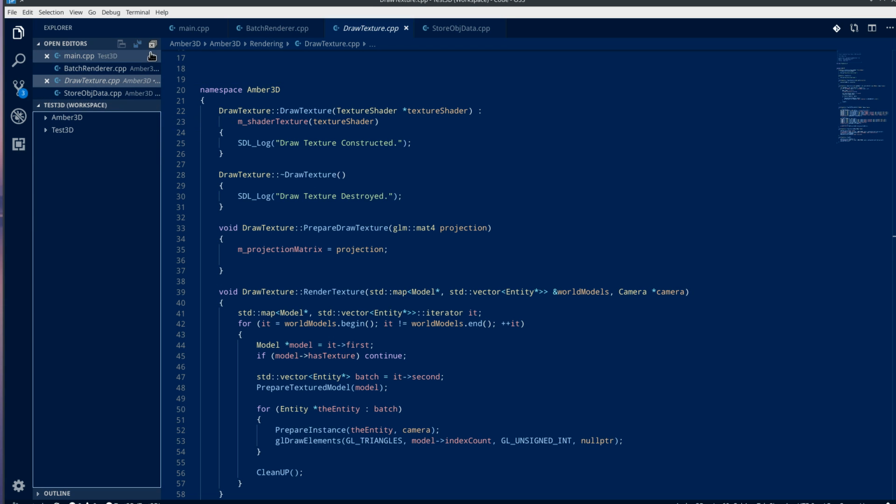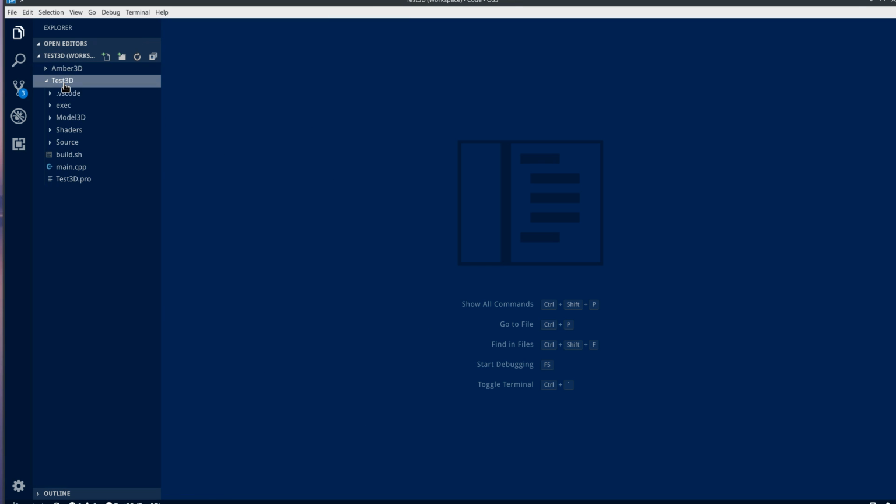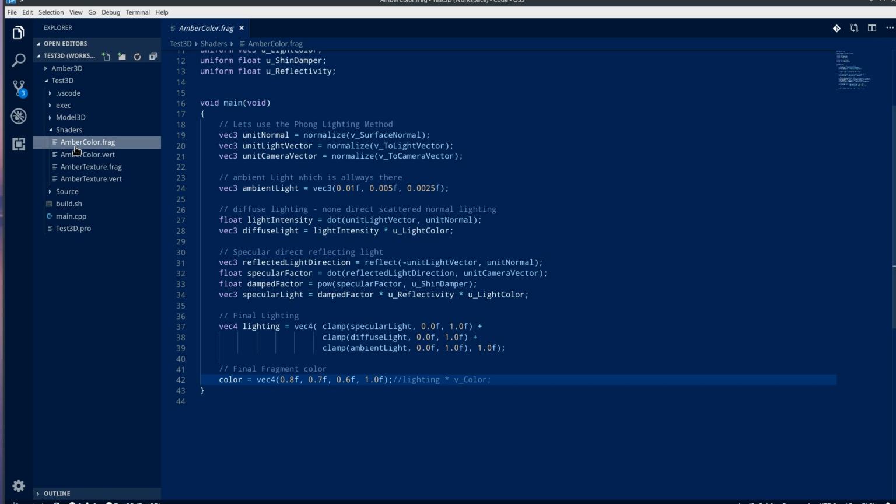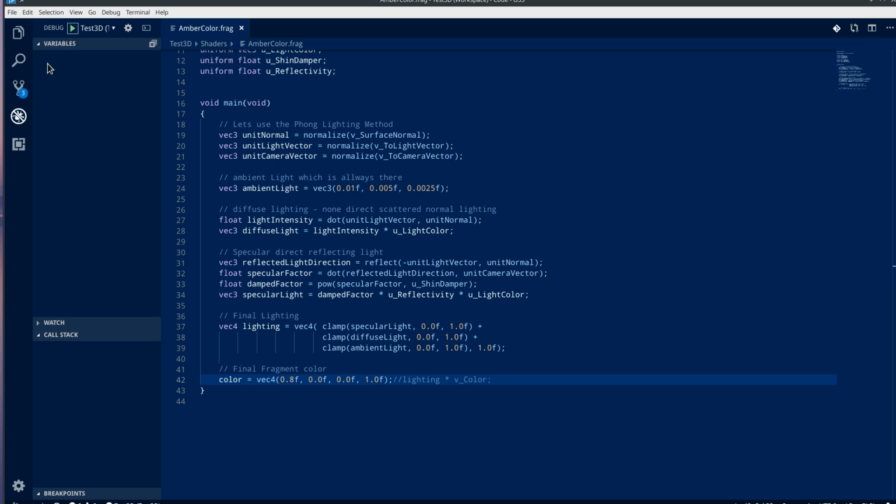Close all of that. Close all of them, doesn't matter. If I go into the shaders and I go to our color frag and I go 0, 0, for instance, and save it out and run it,